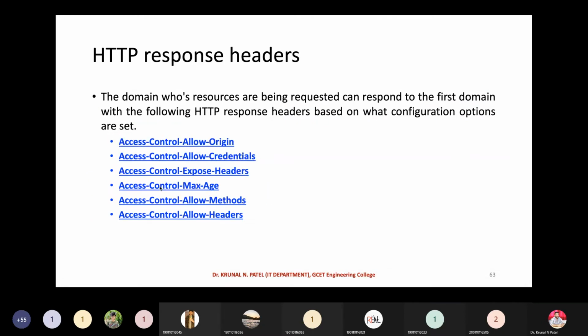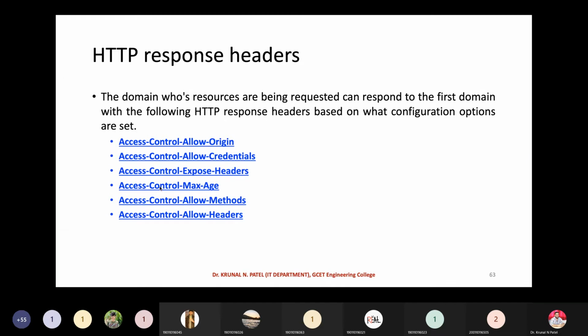Now let's see what other properties you can add. The domain whose resources are being requested can respond to the first domain with the following HTTP response headers, based on what configuration options are set. So what comes from the response side?